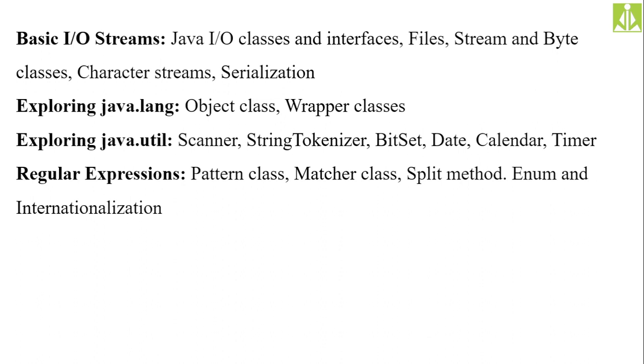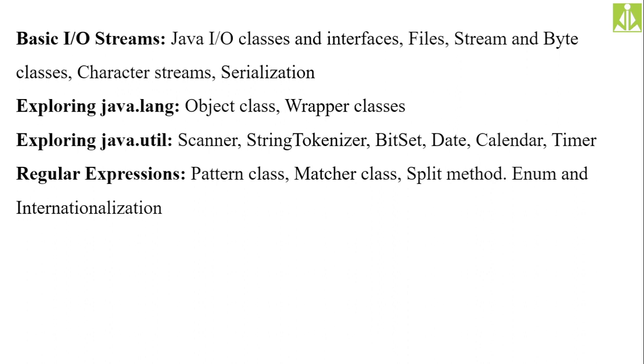We have completed all the concepts related to IO streams, input output streams. We have seen the different classes and interfaces which are helpful in input output processing. Then we also saw file handling in Java. Then the concept of streams we discussed. Then byte stream and character stream, the difference between them, and the classes which are helpful in handling byte stream and character stream, that also we discussed. And we also got into the concept of serialization, and we have seen what serialization and deserialization are, and with programming examples I have explained.